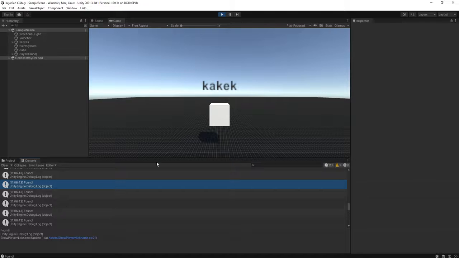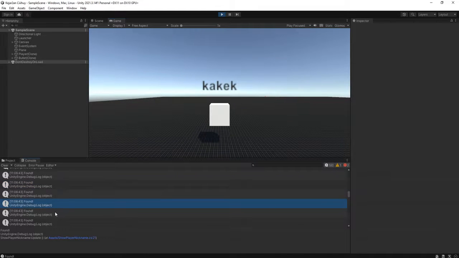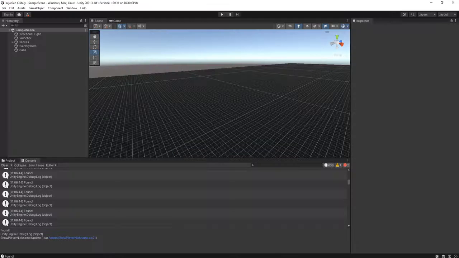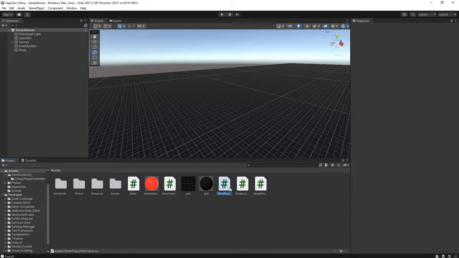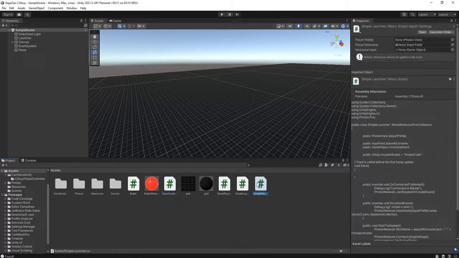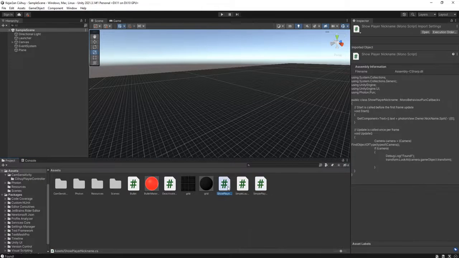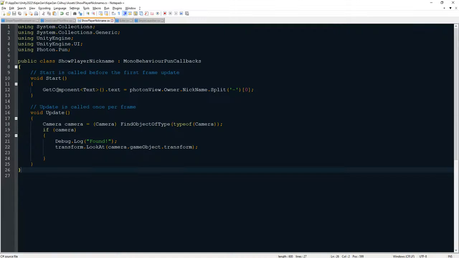What is this? Found. Let me just remove this debug text. Number, hang on, player nickname, CS21, player nickname, it is here. What is player nickname? Show player nickname, man. I will remove this debug text,